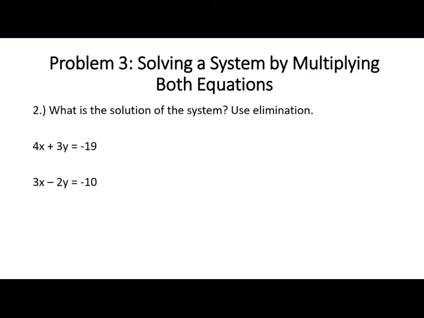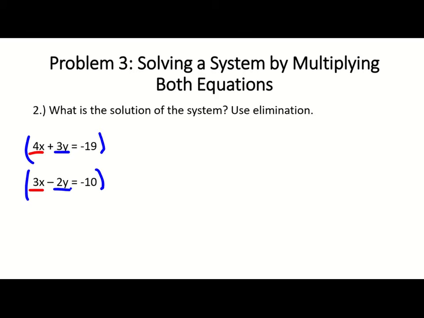So what I'm going to need to do is look at my x's. I have 4 and 3, which don't have a relationship, nor are they opposites. So I'm going to look at my y's, 3 and negative 2. They don't have a relationship, and they don't cancel yet. So I need to multiply both equations. I need to either get rid of the x's or the y's. It's totally my choice. So since the y's are a positive and a negative, I'm going to get rid of